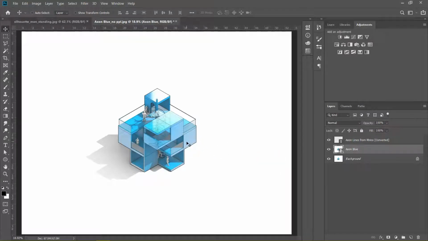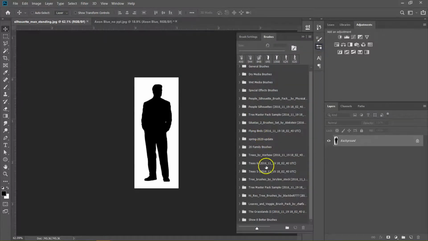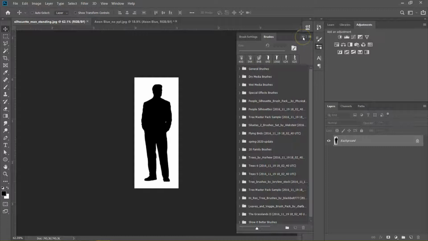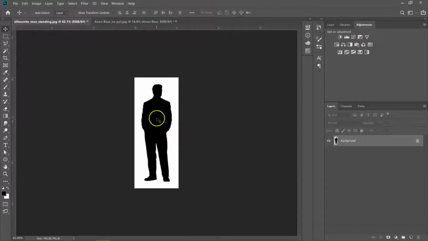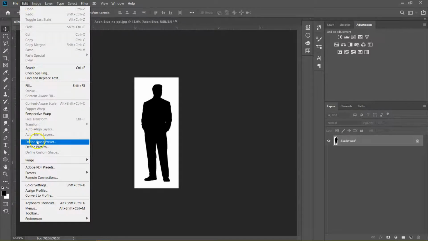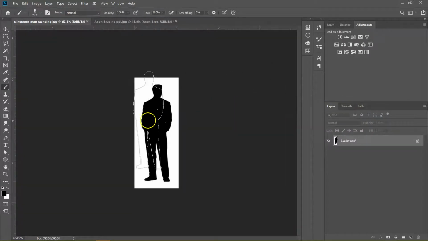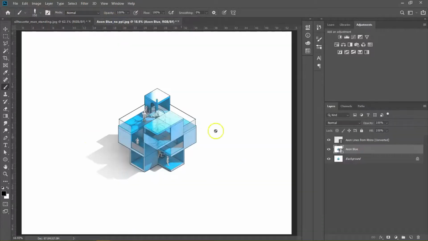And once you have all the line work in, you can also add some 2D people. And let me just take this opportunity to quickly show you how to make a brush. If you didn't already have a ton of Photoshop brushes, like I do in this file here, you could take a silhouette off the internet, open it in Photoshop, and then you could go to Edit and Define Brush Preset. We could call this Man 1, press OK, and now I have a brush of this man